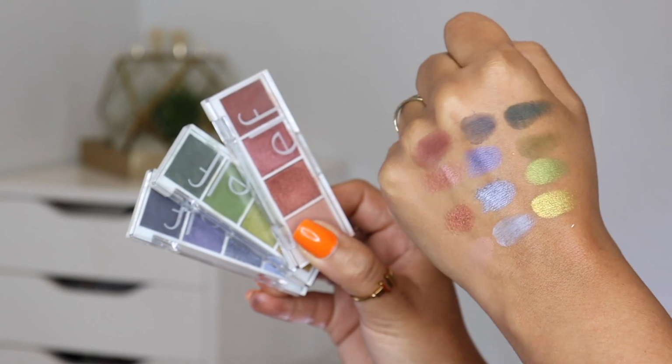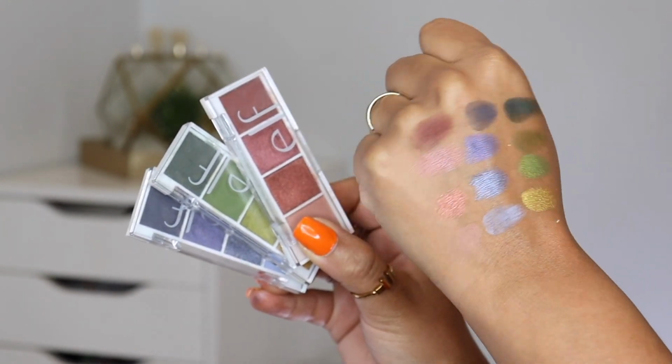So this next one is a super affordable option, which I always love to present, something super affordable, super effective, and fun. These are the e.l.f. bite-size eyeshadow palettes. Speaking is not easy today, but these are really nice. I think summer is a fun time to play around with color, and if you're trying to stay on a budget, if you're like, I don't know that I'm gonna like blue, I don't know that I'm gonna like pink,